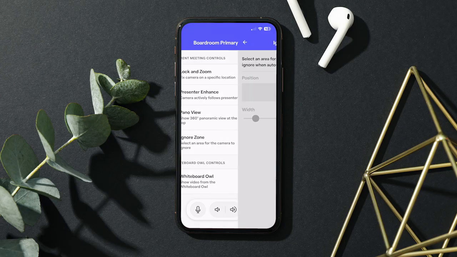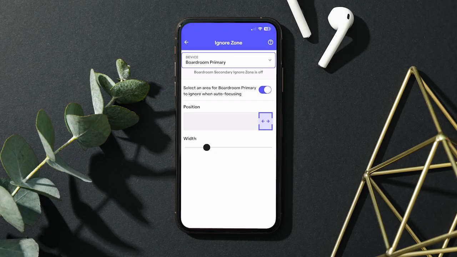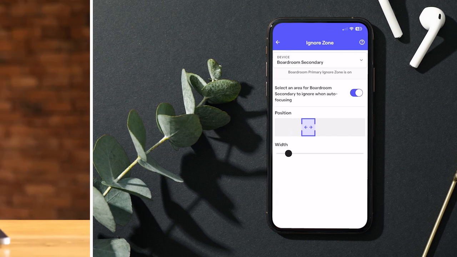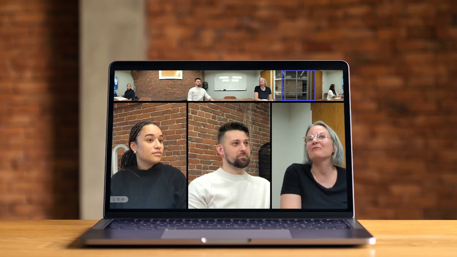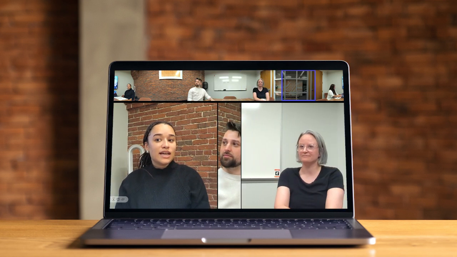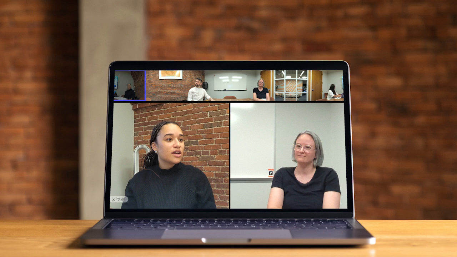The Ignore Zone feature allows you to specify an area on the Owl's video that you don't want highlighted on screen during your meeting. While an Ignore Zone is set, the Owl will ignore any audio or visual cues coming from that part of the room that the Ignore Zone is set on, ensuring that it stays off screen during your meeting. This is especially helpful in preventing any unnecessary distractions from popping up on your video mid-meeting, like monitors, TVs, photographs, the doorway to a noisy hallway, or anything else in your room that you prefer not be highlighted